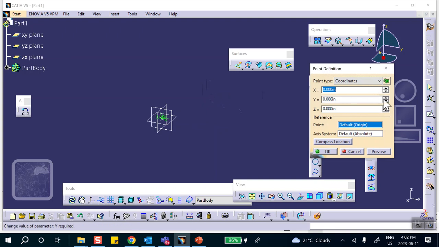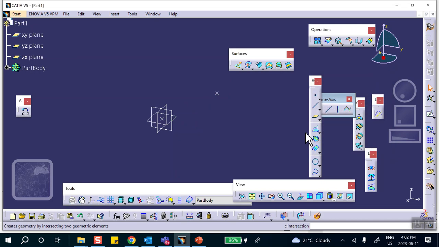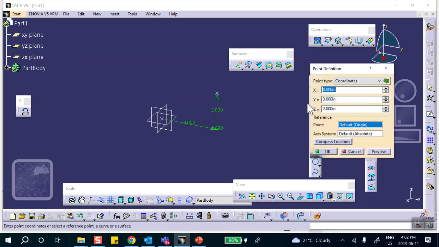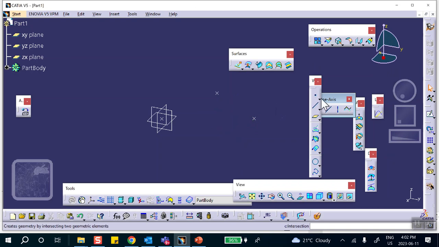So let me go, for example, up a little bit to the right. Okay, that's one of them. Another one. I'm going to go a little bit more to the right and maybe down a little bit. Okay. And another one